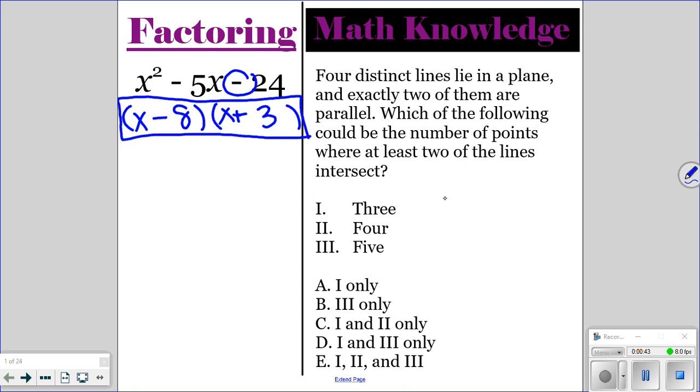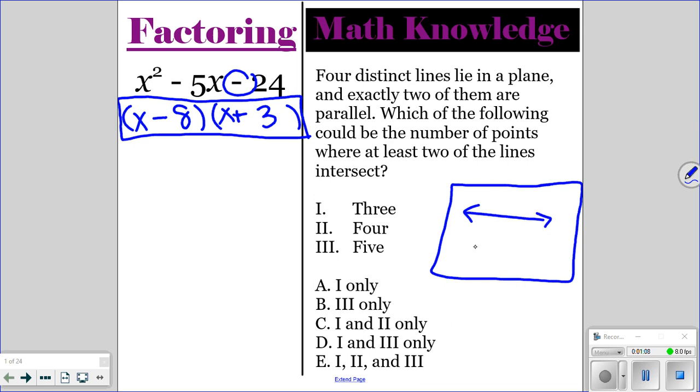For the math knowledge question, the ACT loves these Roman numeral 1, 2, and 3 questions because it's a multi-part question. You have to know which of these and then make sure to match it up correctly down here. So it says 4 distinct lines lie in a plane. So we've got our plane here, and we've got 4 lines, and it says exactly 2 of them are parallel. So those 2 are parallel. That means they will never intersect. And it says, which of the following could be the number of points where at least 2 of the lines intersect? Well,